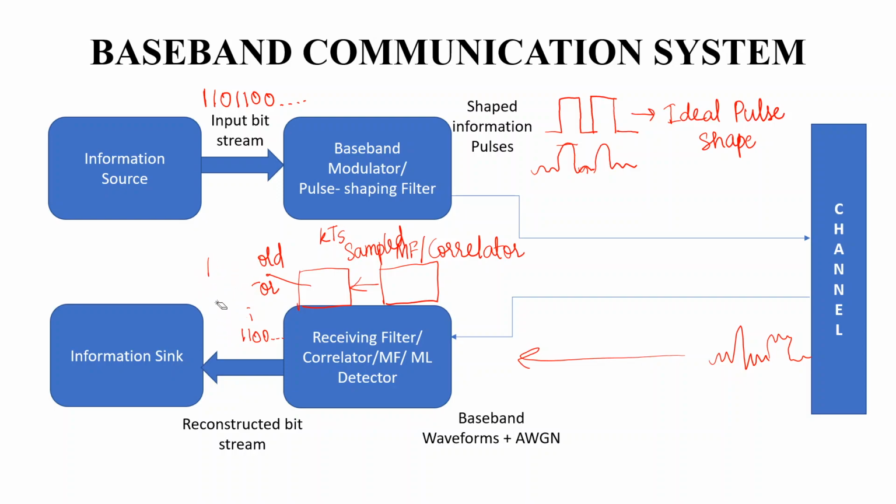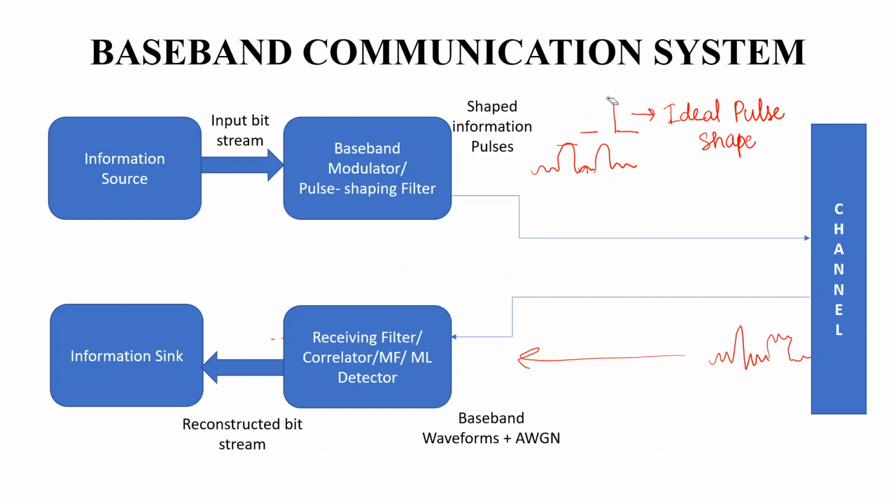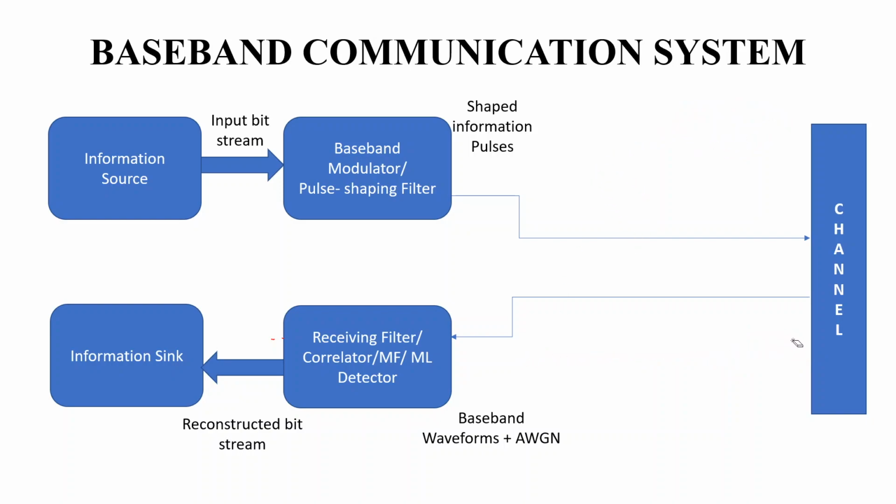Now let us see what is meant by bandpass communication. As I mentioned, the bandpass communication system is one which makes use of a carrier for the transmission of information through a very long distance. As we know, the need for modulation, or using the high frequency signal, is to reduce the height of the antenna and also to be able to transmit the information to a longer distance without any use of repeaters in the system.